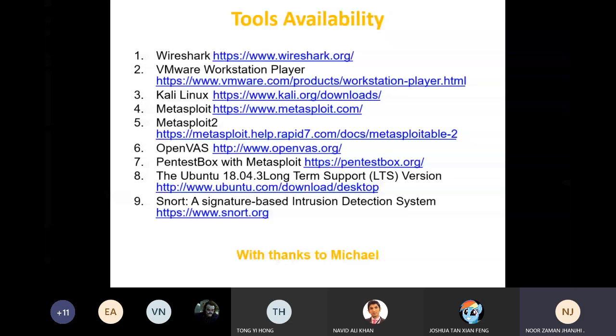Kali Linux, this is the link. Metasploit, this is the link, the same for Kali Linux. And for Metasploit 2, in the same way for OpenVAS, Pentest Box, Ubuntu, and the S-Node, and for all of the software, the links are given here.